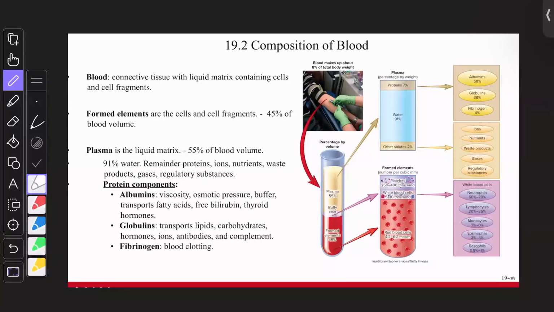Does that make sense? Okay, and that's true for the white blood cells and the platelets. You should know that the white blood cells and the platelets make up what they call the Buffy coat,